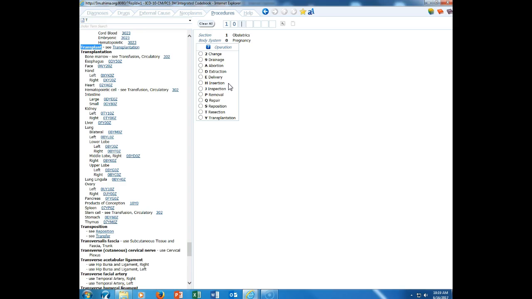Even though they take a needle and they put it through the abdomen of the mother, the intent is to remove amniotic fluid, and that is a product of conception. Anything associated with that fetus, with that baby, is a product of conception. But an episiotomy or an episiotomy repair is not. That's performed on the mother. So let's type in